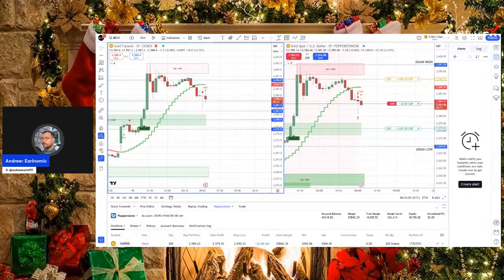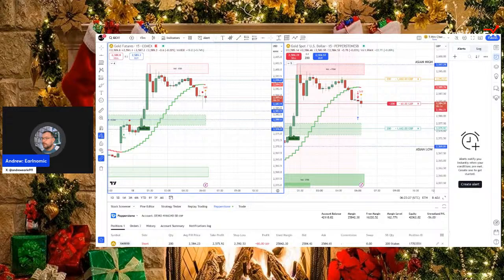The yellow box here, you can see that's our Asian high. Here's our Asian low as well. So we're still trading within that range, and I think we will be trading that range probably until we get into the London Open, or potentially halfway through it. So yeah, we're trading $20 in profit at the moment, but we can be quite interested in just over 6 minutes to see where we open at.